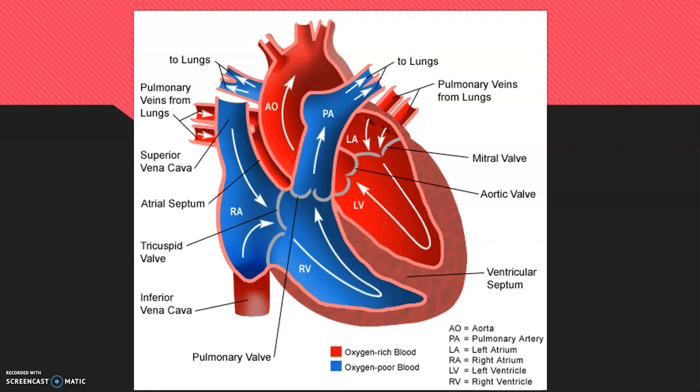The right ventricle then is going to send the blood through the pulmonary semilunar valve into the pulmonary artery to the lungs, and that's where it's picking up oxygen. The pulmonary veins carry oxygen-rich blood back and empty it into the left atrium. That left atrium sends blood through the bicuspid valve to the left ventricle, and then the left ventricle sends the blood through the aortic semilunar valve into the aorta to the rest